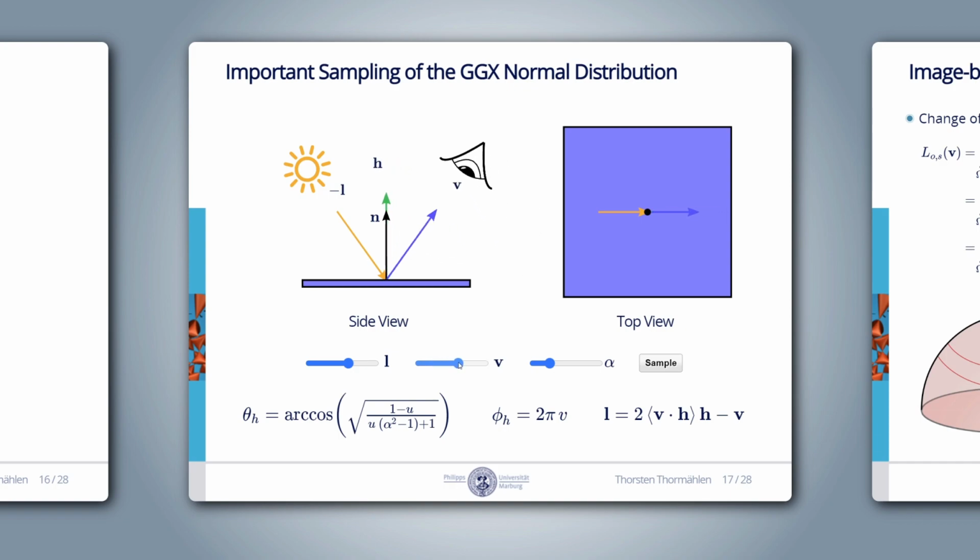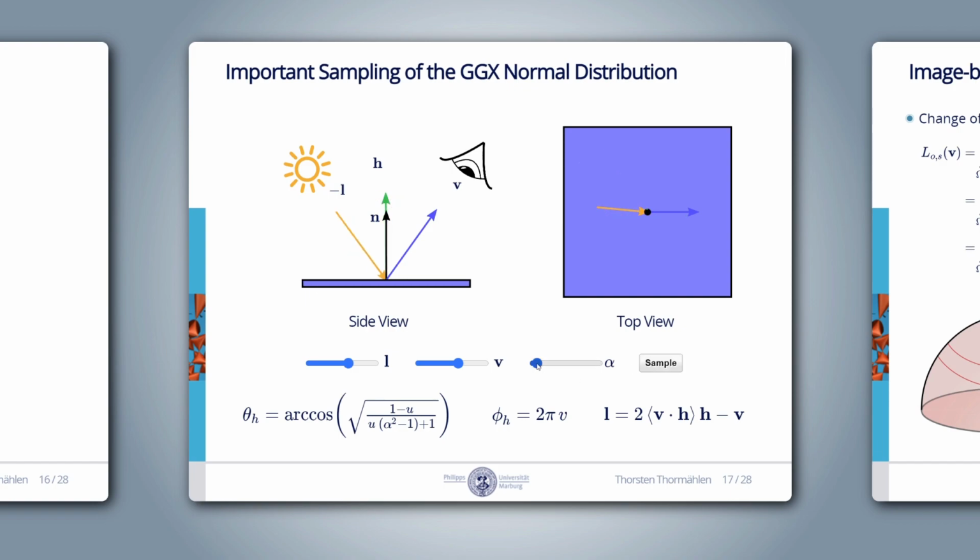Let's first choose a very small value for the roughness. When we now start sampling, we see how the half-wave vector does not deviate much from the surface normal. Each green point is the sample position for the half-wave vector. The yellow points are the resulting samples for the light direction. When we compare the sampling positions, we see that the samples for the light direction are distributed over a larger solid angle.